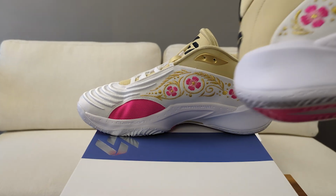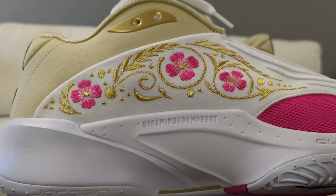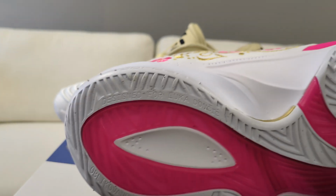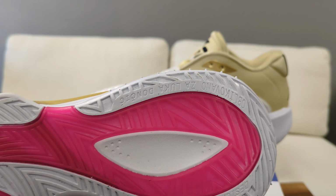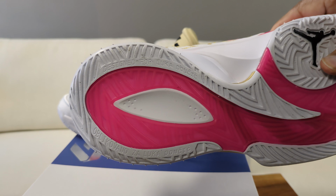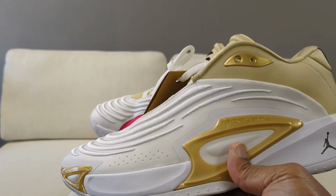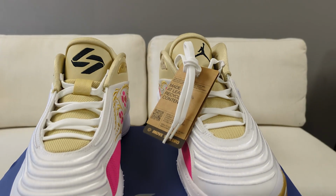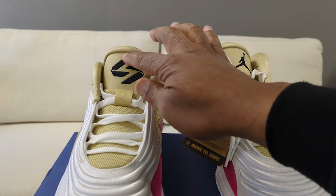I do want you to see here where it says 777. And that's what that word means, 777. So underneath, you have the design for Luka Doncic. And then on the opposite side, back up and make sure that's clear, you have the same words in Croatian. And I hope I'm right about that language. I don't want to mess up. But other cues that show you your 7s, I'm going to spin this and show you the tongue where you have the 77 logo, of course, and the Luka Doncic,